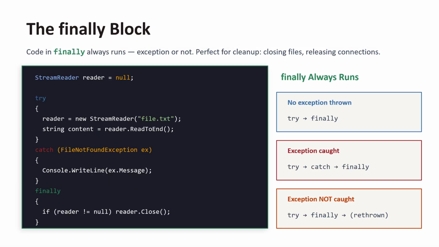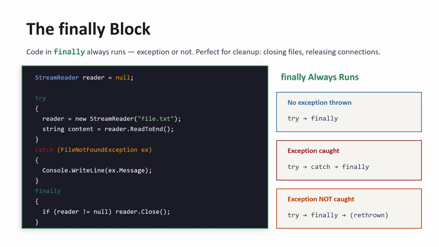Now let's add a third piece to the puzzle, finally. The finally block contains code that runs no matter what happens in the try block, whether an exception was thrown or not, and whether it was caught or not. If you include finally, it always executes, but it is optional. This makes finally perfect for things like cleanup work. It can close files, release network connections, dispose of any resources that absolutely must be cleaned up, regardless of how